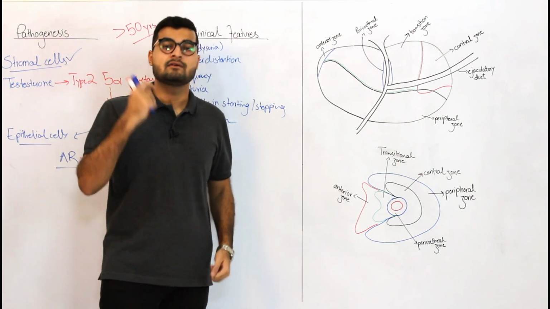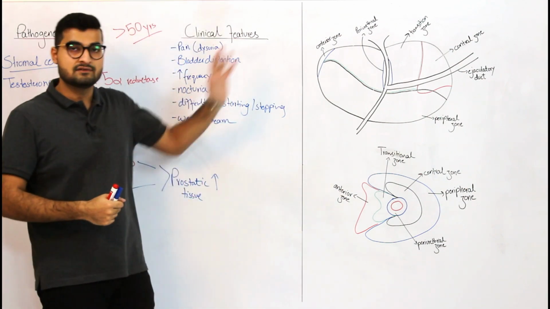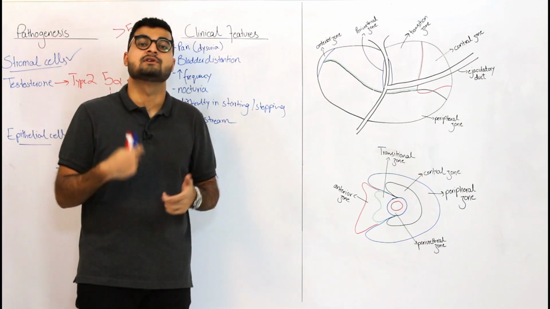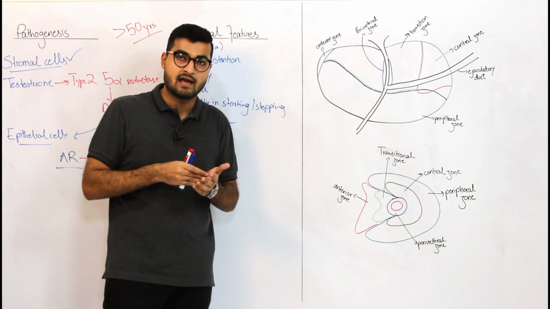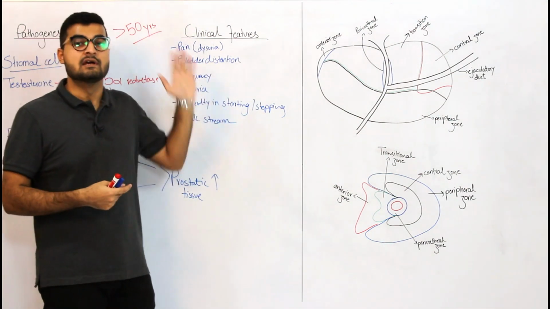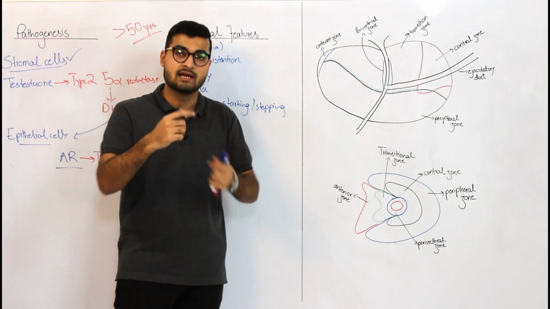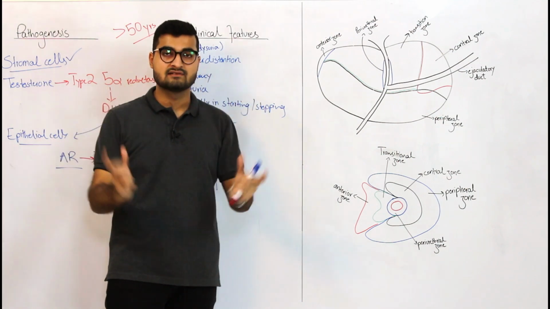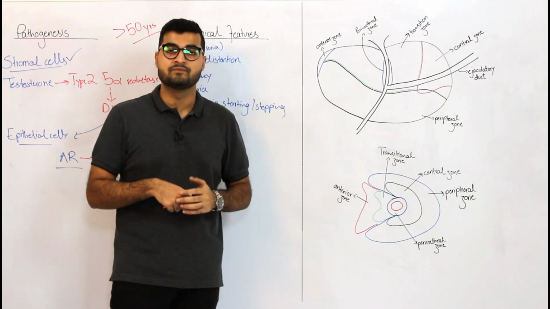Secondly, if they reduce alcohol consumption and if they reduce their caffeine intake, because these two have an effect on urination, they tend to make a person urinate more often with increased frequency. So if they cut down on their alcohol and their caffeine, they might be able to improve their symptoms regarding frequency. So frequency and nocturia are taken care of. Apart from that, if they improve their voiding habits, if they try to empty their bladder more often, they make a schedule of their voiding habits, so that might be able to regulate their symptoms.